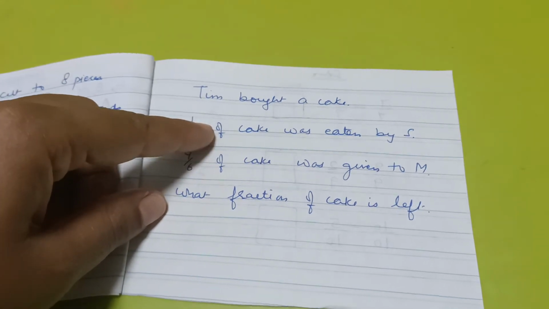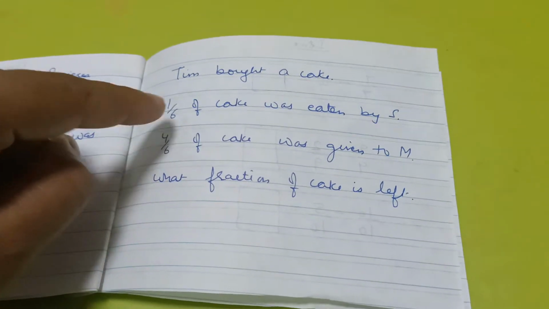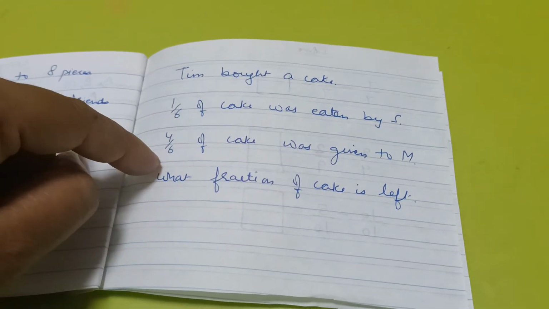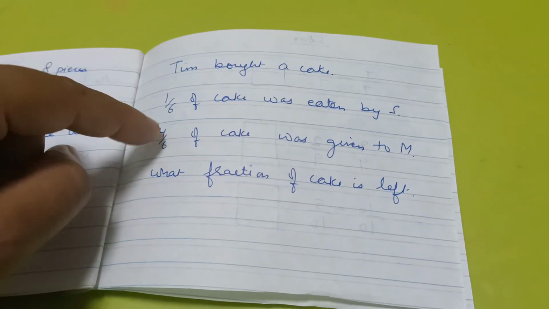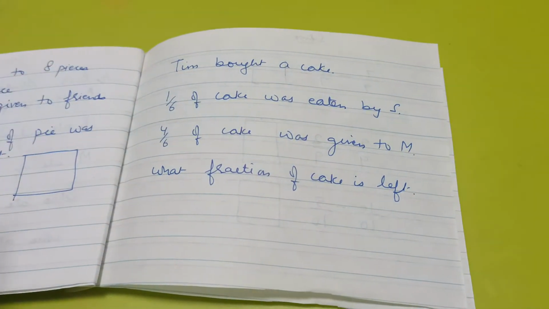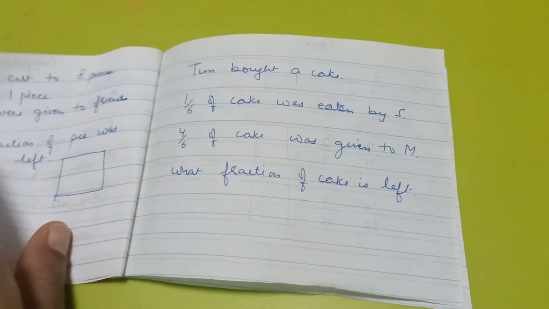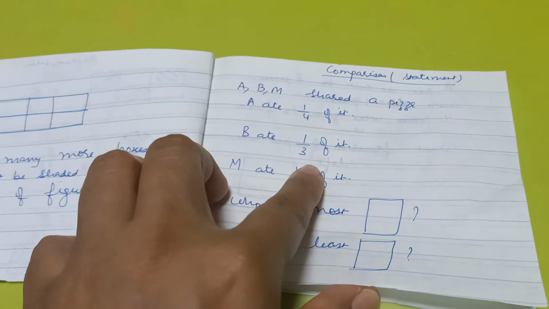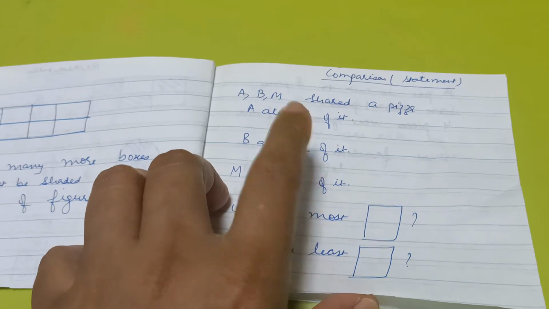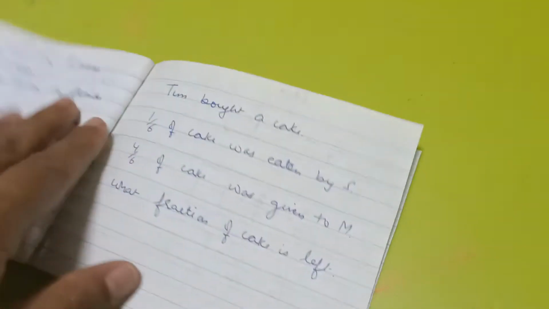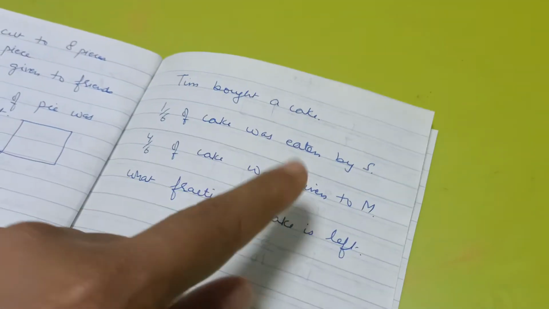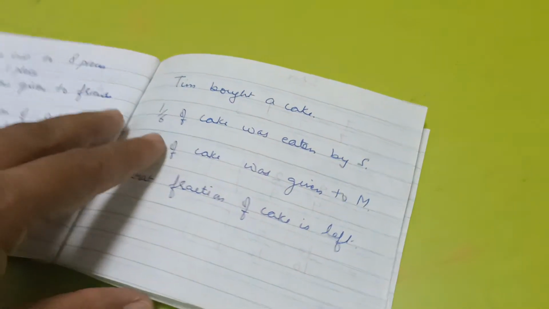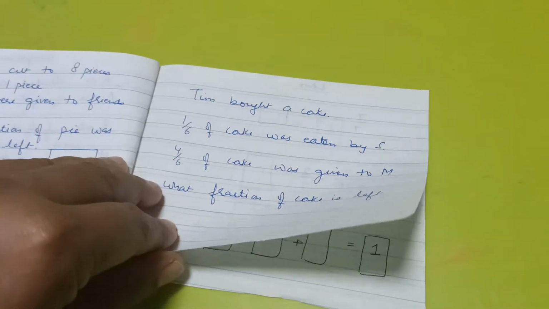So basically here it will be 1 cake only, because I have not changed the denominator. So 5/6 of the cake is eaten, so 1/6 is left. In the previous question I had changed the denominator, so each time she had to imagine a different pizza for comparison. Here we are just using 1 cake, so she just has to take 1 cake and add it and visually see how much is left.